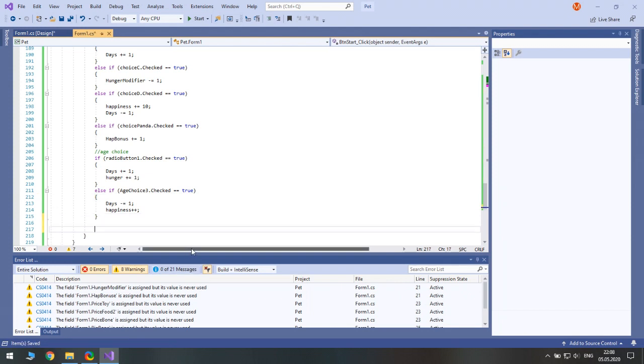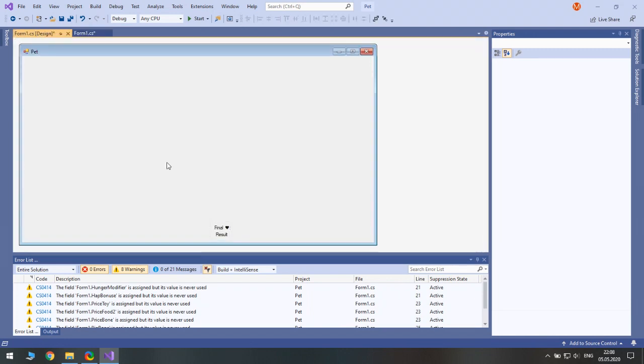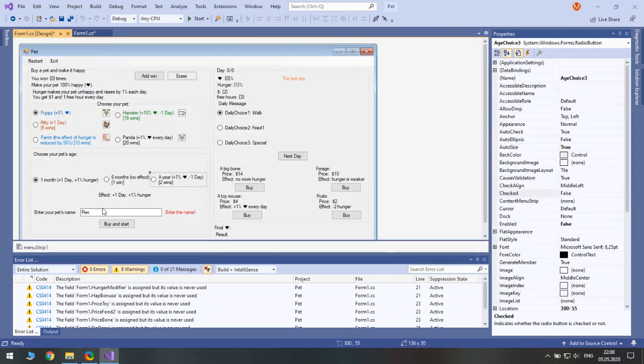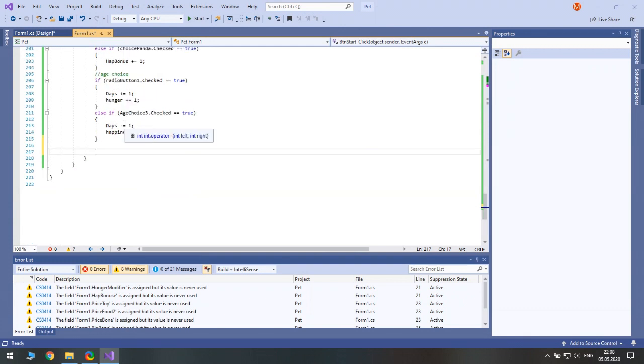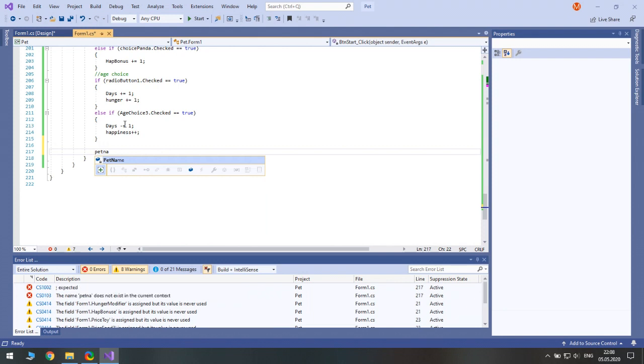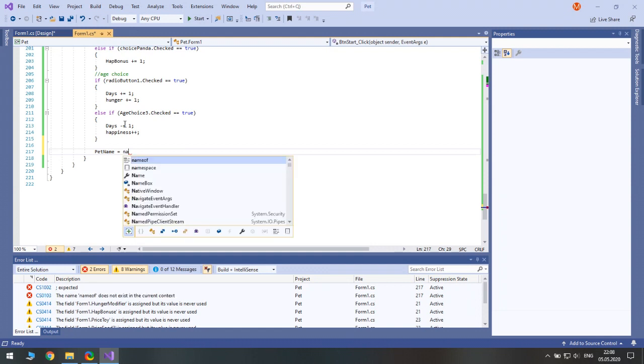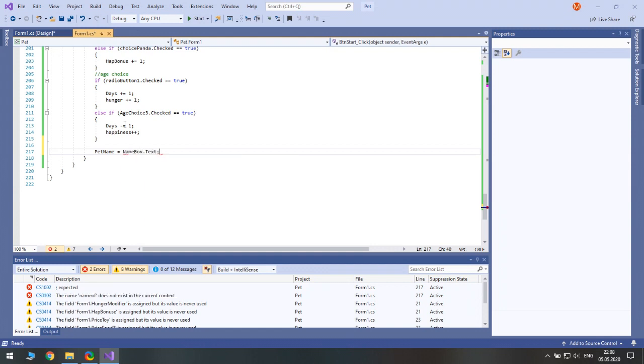Then we finally need to assign the name of the pet to a variable. So our variable is called pet name, and we make it equal to namebox text.